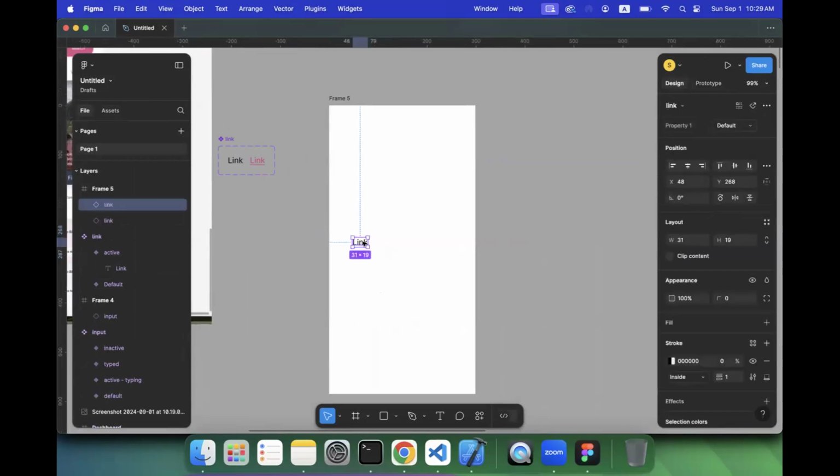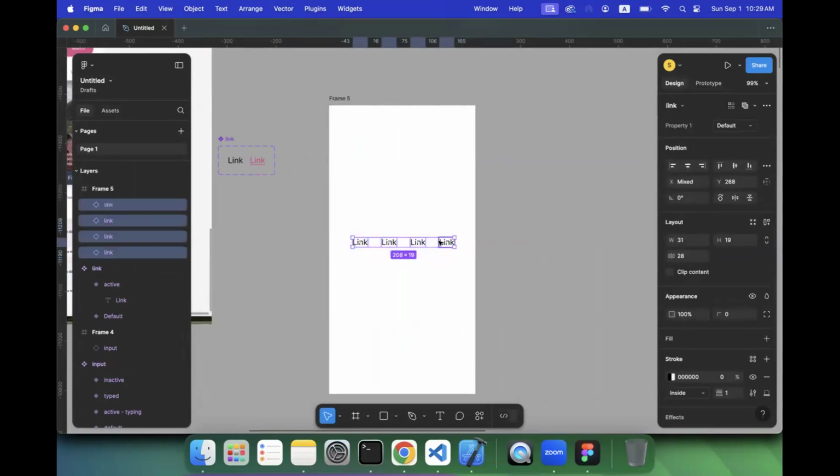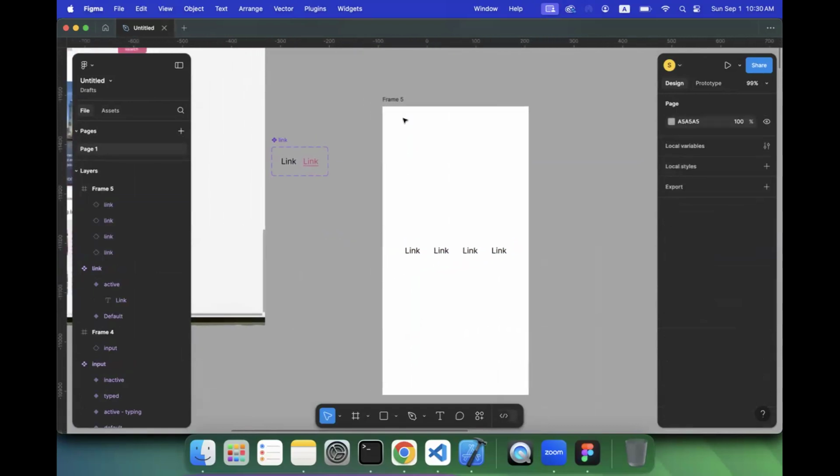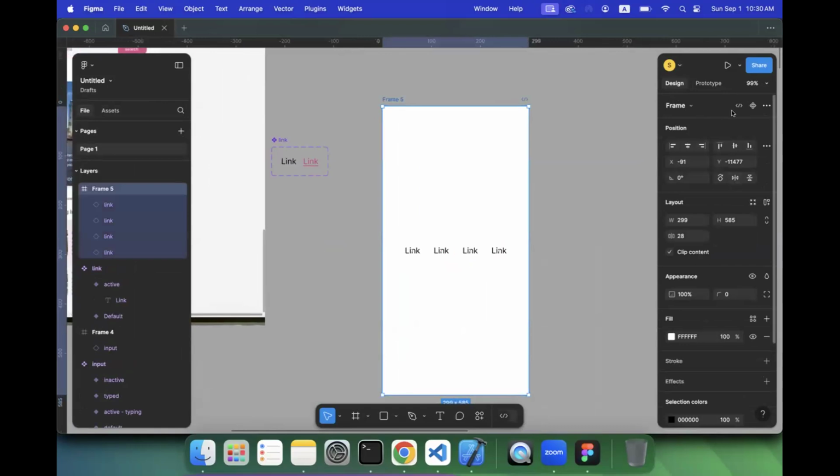This is the second link, third link, four links. I have four links, and I'm going to keep them right here. And then if I play my prototype,